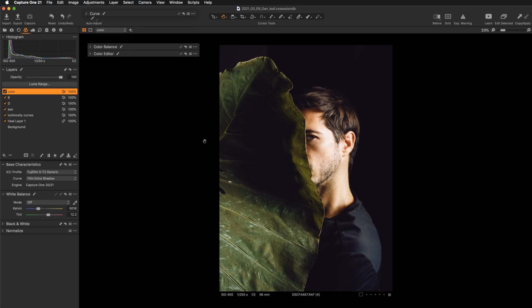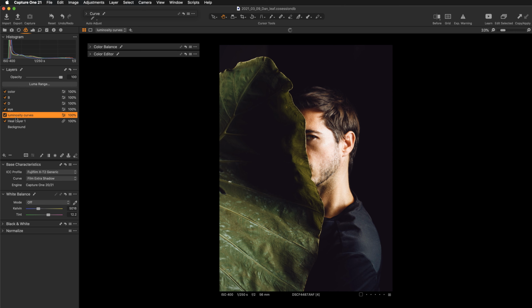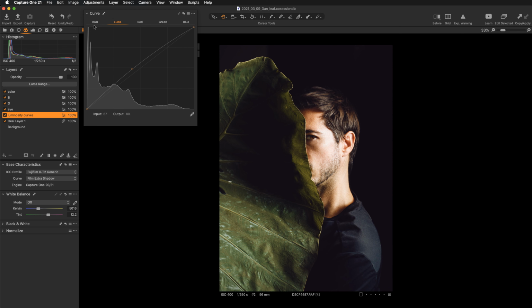At this point, I think I will still jump over to the color editor, and I think the skin looked a little bit better before this change. So let's just make it more subtle. I'm going to go for 2 instead of 6, and I'm going to revisit my curves. Let's jump over to our layer luminosity curves, where we were working on luminosity adjustments, and let's see what we can do here. If I go a little bit higher up, this brightens the image,